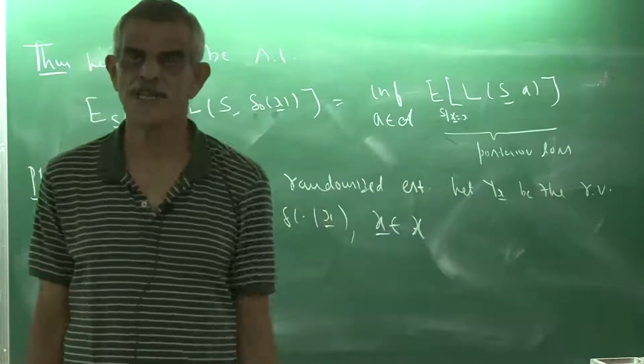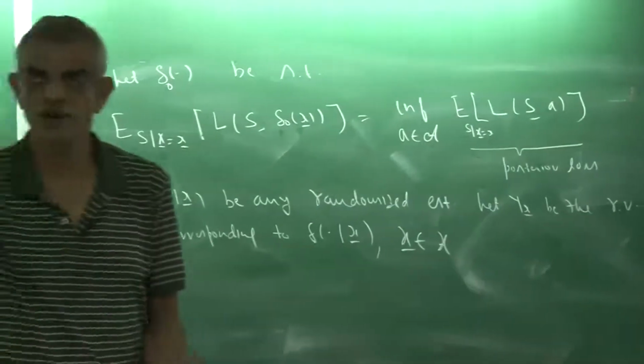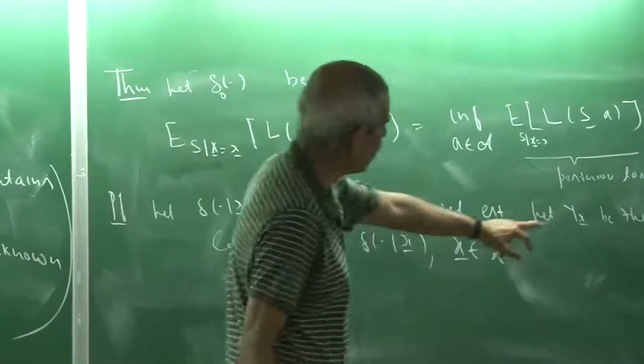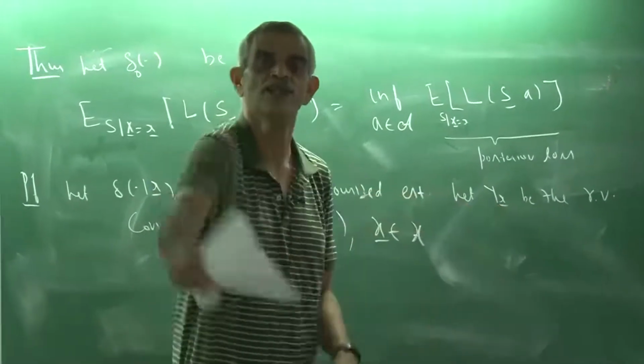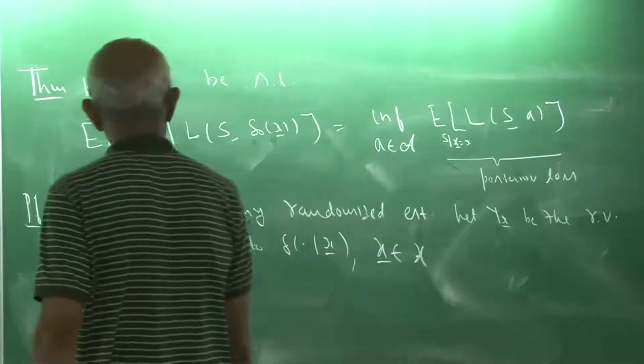So the random variable Yx changes because it depends on the data. That is what you're saying. After you have obtained the data, you do a randomization to get an estimator. After you have obtained the data, you observe another random variable Yx, which you consider as an estimator. Okay, so let us try to see.